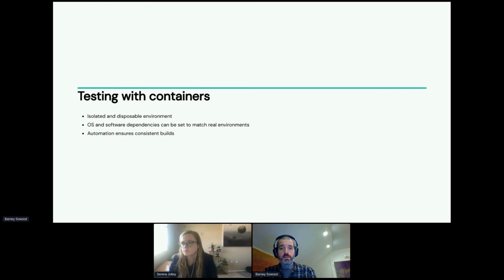So we've covered testing that's possible in a local environment, but we've now reached a point where we actually want to apply our states and validate the results. We've also realized that using state apply against our local machine probably isn't a good idea. So containers are a way of providing us with an isolated environment where we can apply states, check the results, and then essentially throw away the environment. They also allow us to ensure that the OS, Salt, or any supporting software matches the environment our states will eventually run in. And by automating container builds, we ensure that these containers are built consistently and repeatedly.